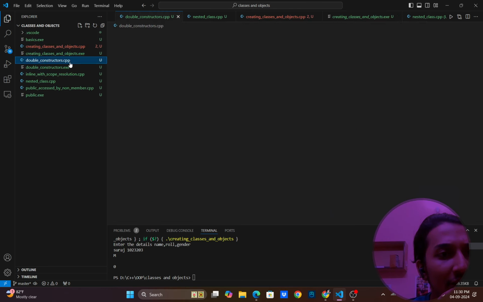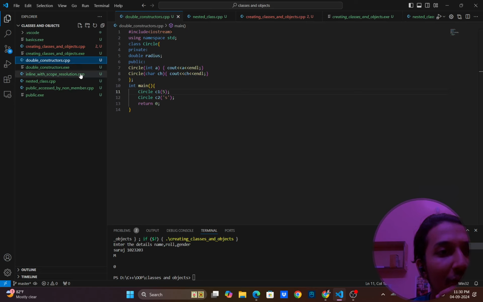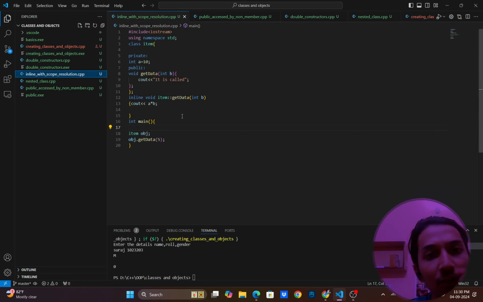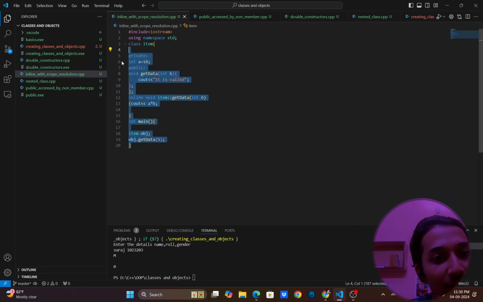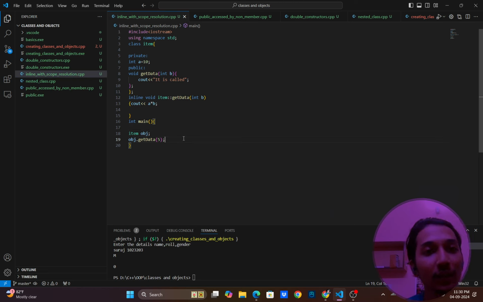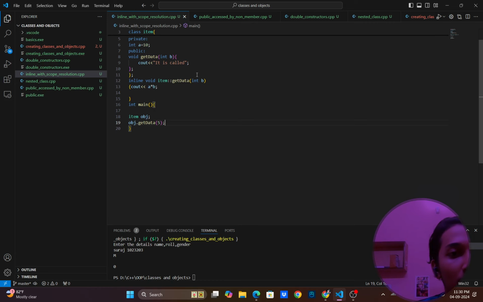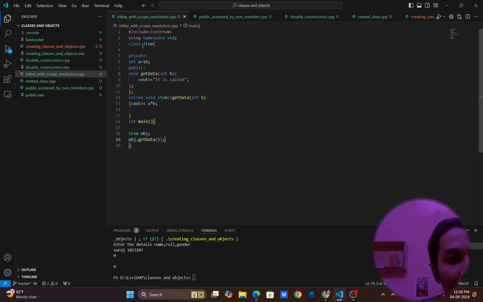Creating classes, double constructor, I have talked about this. Inline with scope resolution, I have already talked about this. I had created one function, one code here. So let's see this scope resolution. So inline with scope resolution, I have already told about this thing. You can see I'm creating this item and get data function, and I have directly initialized this thing